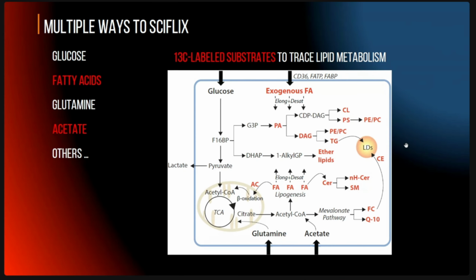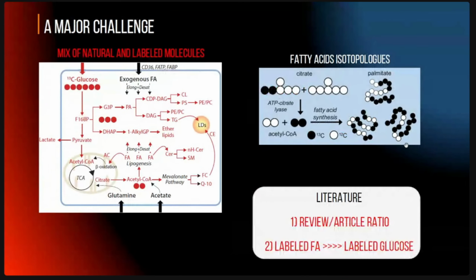Not the whole molecule. You can, for instance, have very specific labeling of carbons in a glucose molecule, or a citrate molecule. But in our case, we prefer to use uniformly labeled carbon, or 13C. A major challenge for this kind of study is, take for example labeled glucose. Although it's uniformly labeled, the cell has access not only to the labeled substrate, but also to naturally occurring glucose.